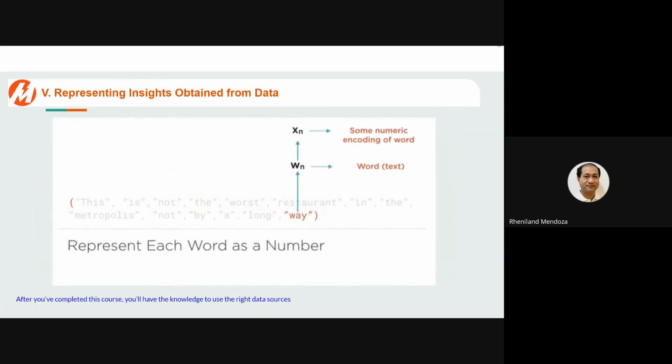So, when you tokenize, in order to convert this text document to numeric form, we now have some kind of numeric encoding for each word in this document. So let's say the word "this" is W0. Its numeric encoding is X0. Then we'll have an encoding X1 for the next word and an encoding X2 for the next word, and so on and so forth. So that, in general, an encoding Xn will be assigned for the nth word in this document.